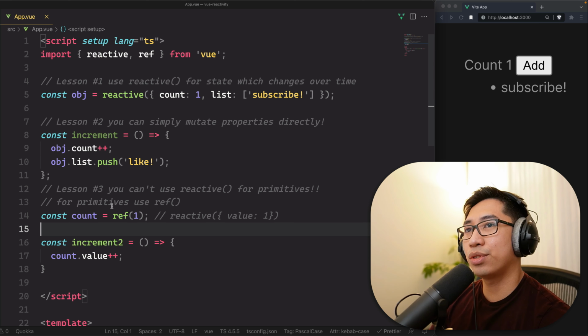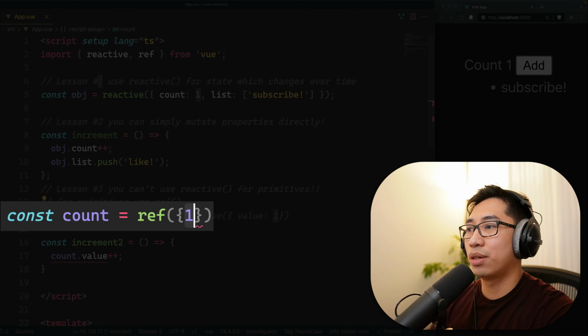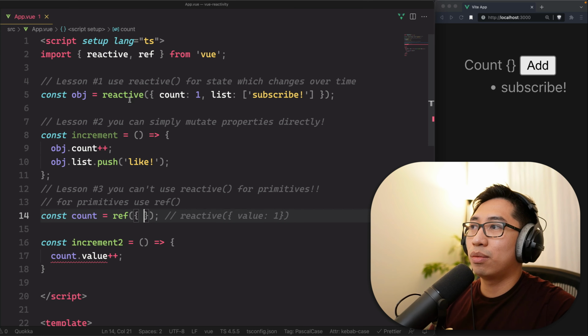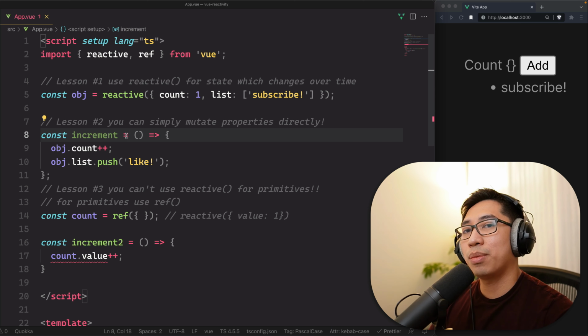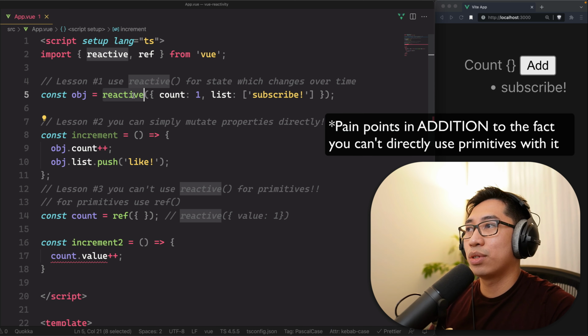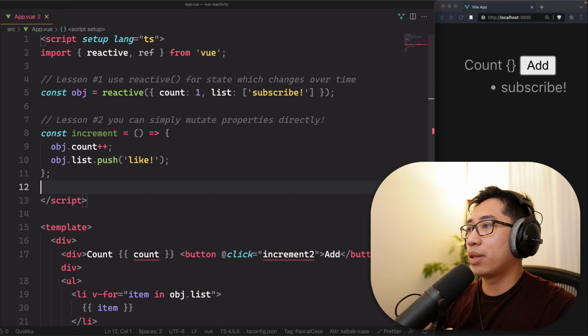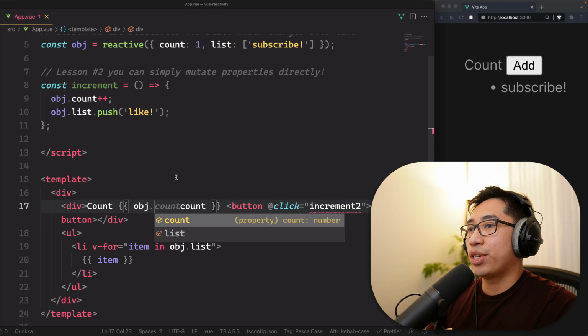Now, in addition to simply using ref or reactive variables for primitives, you can also pass in objects in here, which might make you ask, well, if we can do that, what's the point of using reactive, right? So let's talk about some of the pain points with reactive, which might make you want to use ref with objects instead. So let's clean up our examples here a little bit, and let's go back to our original obj.count